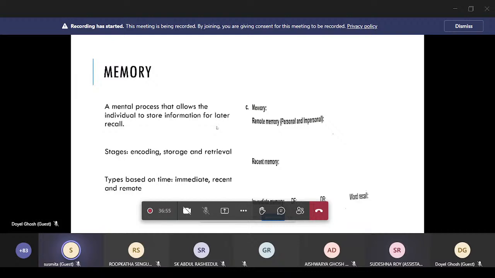In impersonal memory, what do we ask? We can ask about when the Babri Masjid event happened. When the earthquake happened in Gujarat. So the affairs that we read in newspapers and all, this kind of questions. Okay. Coming to abstraction,